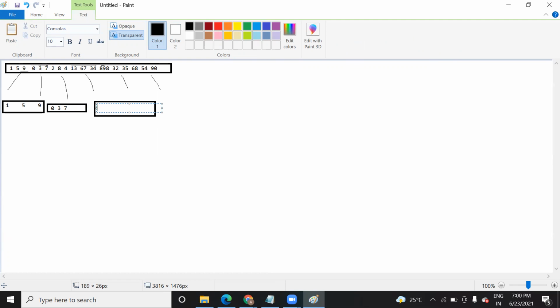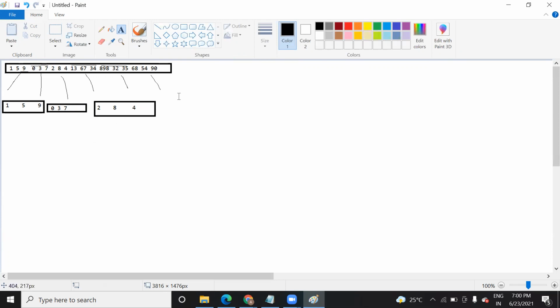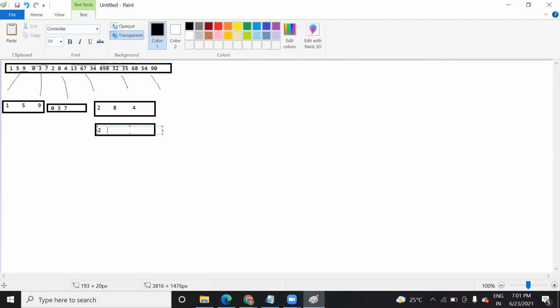2, 4, 8, basically, yes. So in order to sort it, you will further divide it, or you can arrange these elements in between this box, and then you will make it ready. Now this box will be replaced by another box, which in more appropriate terms is actually the sublist, not box. You can write it like this: 2, 4, 8. So do you understand what the approach is here?